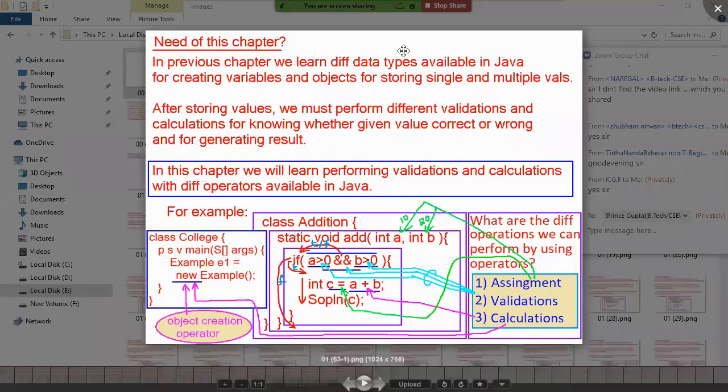Pen and your mother's hand is what? Assignment operator. Right, assignment is completed. Now the paper has been given to you. Now your eyes, most dangerous, your eyes are now control flow statements. If condition, your eyes are the if condition. Take that paper and now you are scanning whether everything is correctly written or not. Now using your eyes and your brain, you are doing different validations and calculations. Take that paper and the money and go to the supermarket. Now you are going on the road and looking at the road. Where is the supermarket? Your eyes told you, a supermarket came. Then validations passed. Then doing calculation.